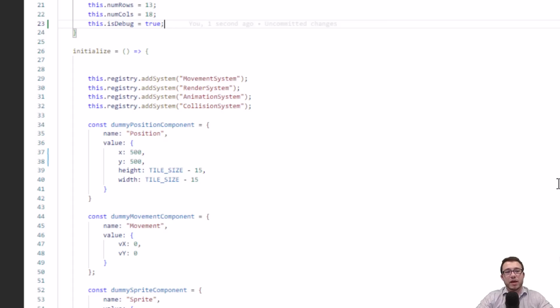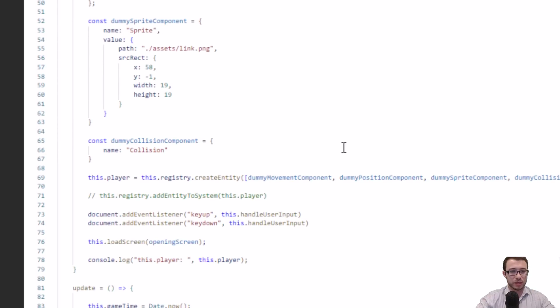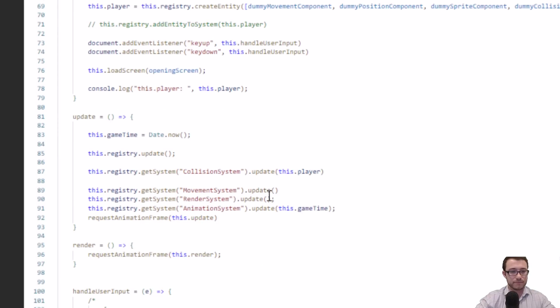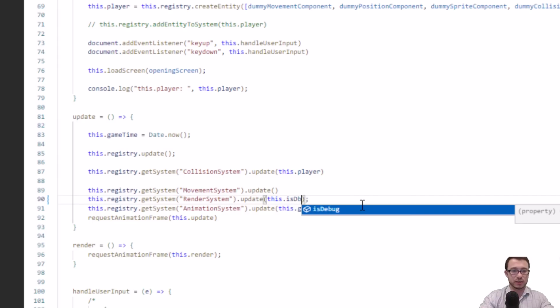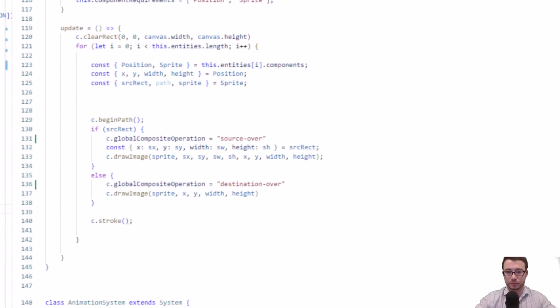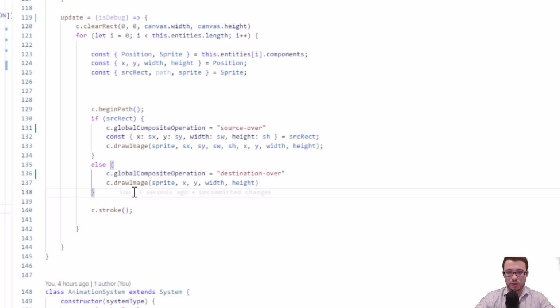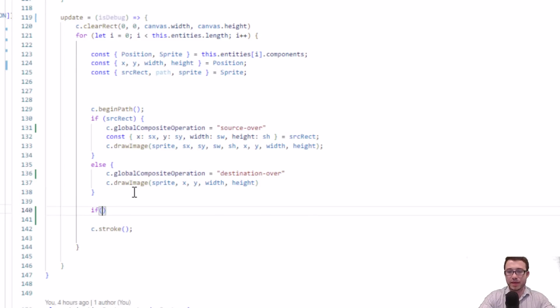And the debugging system I have in mind is we're going to draw just a red rectangle or red outline around each collidable to determine where the hitbox is. So we're going to be altering the render system. Let's pass in this isDebug into the render system update function. And let's go to the render system and add isDebug as an argument. And now we'll write if isDebug. So if the debug setting is set to true,